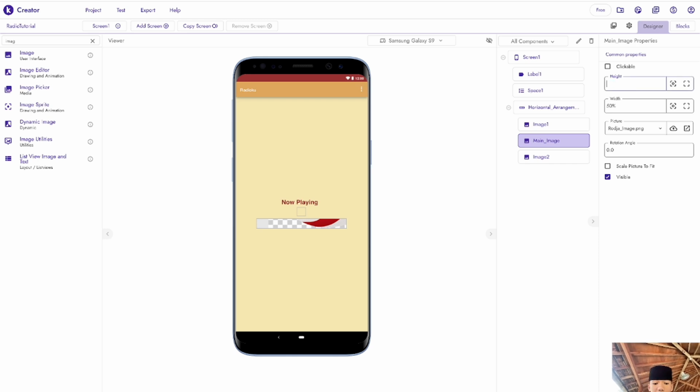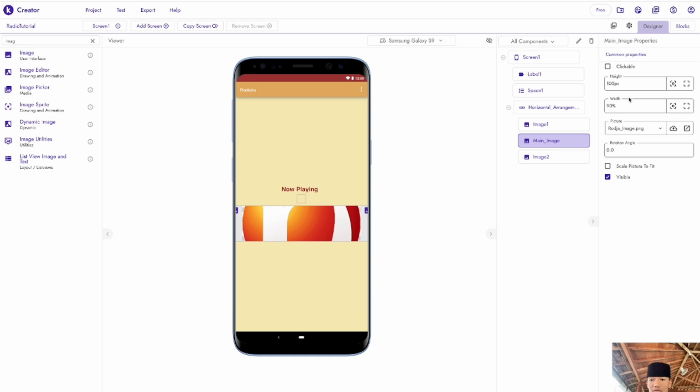No, 50 is not enough, so we're going to change it to be 90%, and here it will be 90%. So 90 is not even enough. So maybe we're just going to use pixels. So 100 pixel for height and 100 pixel for width.